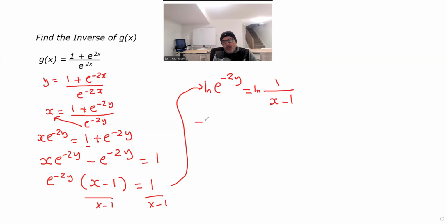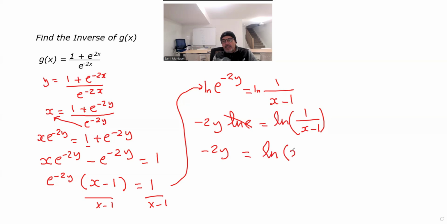So now we could bring negative 2y to the bottom, and we have negative 2y times ln e equals ln of 1 over x minus 1. Now this is negative 2y equals, ln e is 1, so that's gone, equals, and I'm just going to change this to ln of (x minus 1) to the power of negative 1. So I just brought that to the top, and to be able to do that, we need to make this to the power of negative 1. Negative 2y equals, we're going to bring the negative 1 down, and that's going to give me negative ln(x minus 1),